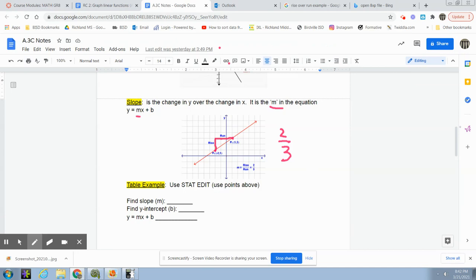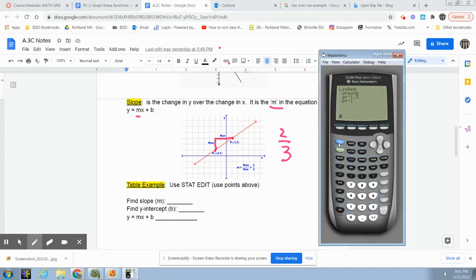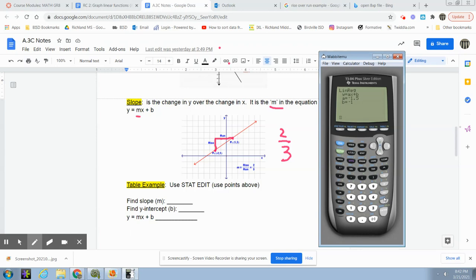And now we're back and we have the calculator up. Second plus 712. Let's clear it. We're going to hit stat, enter, and I'm going to put these two points in this table. I'm going to put -2, and I'm going to put 1. I'm going to tab over, and I'm going to put 1 and 3. I'm going to hit stat, tab, 4,